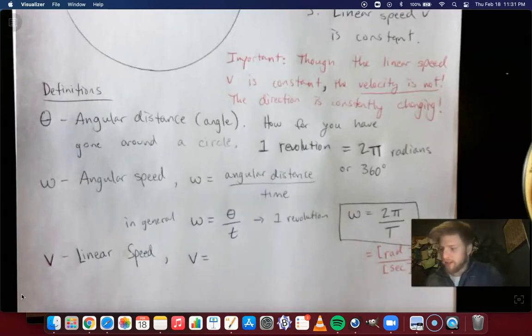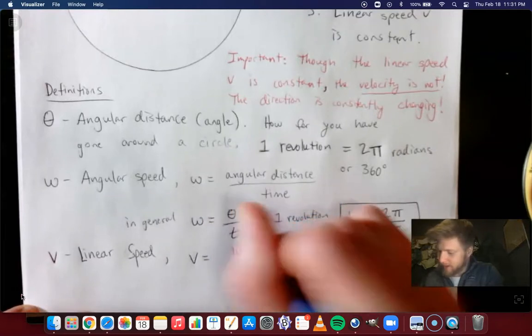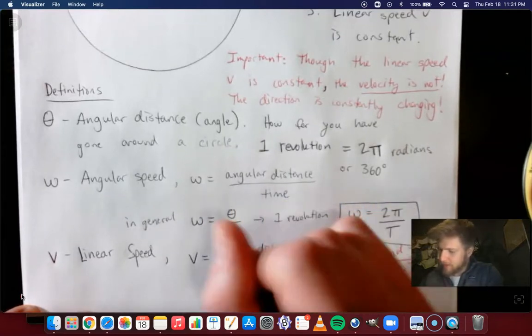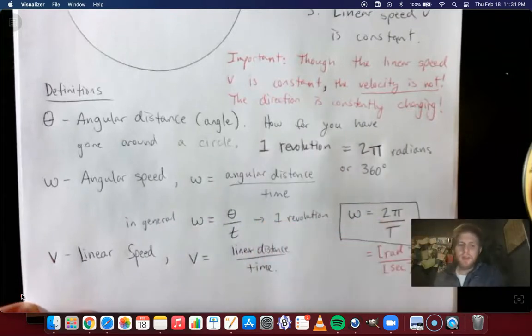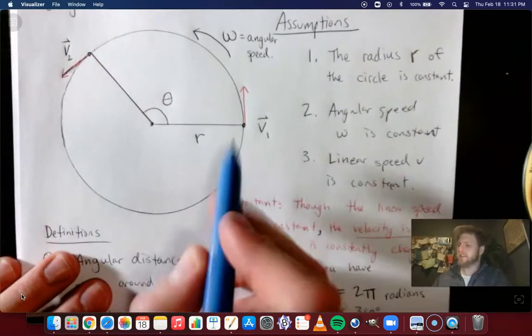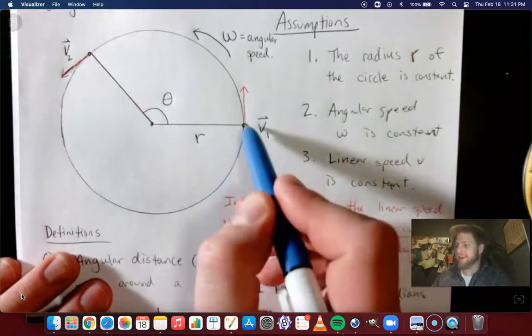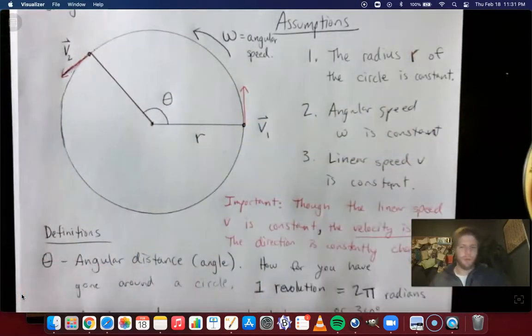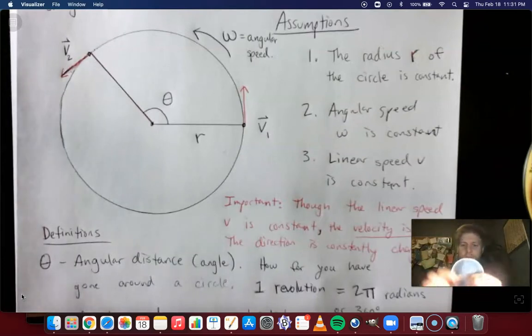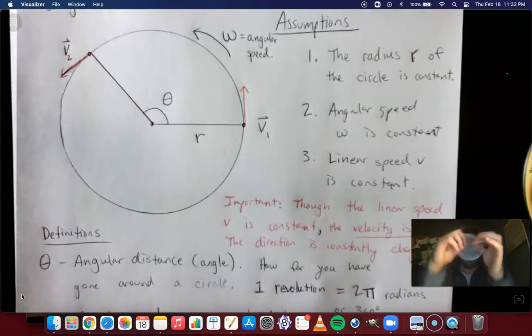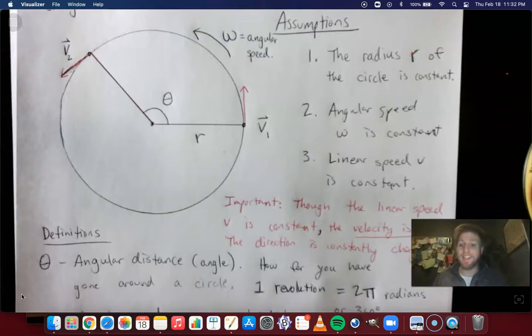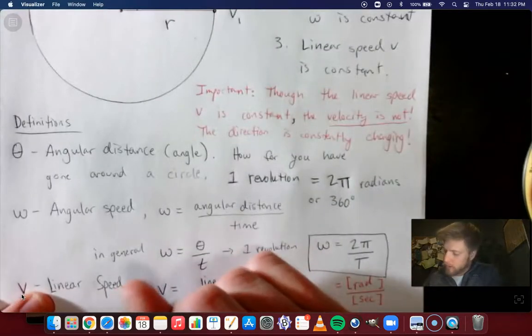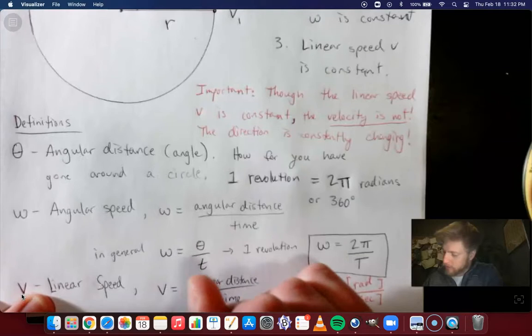Well, not surprisingly, this is just going to be the linear distance over time. Now, you might be thinking, okay, what's the linear distance around a circle? That's just, what is it? The circumference? Yeah, I taught geometry over the summer. The circumference is all the way around the circle. So whatever object you picked to draw your circle with, imagine putting a tape measure all the way around the outside, stretching it out. That would be the linear distance to go all the way around. So our v would be just the circumference